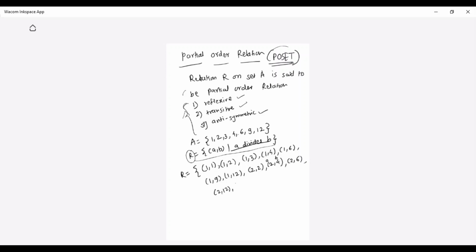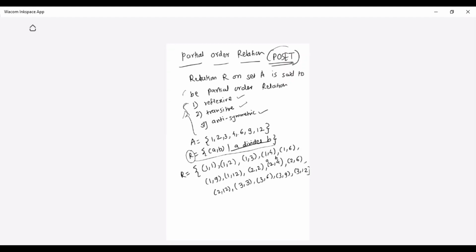Go to the next, 3. Can I have (3,1)? No. Can I have (3,2)? No. Then (3,3) I will have definitely. Can I have (3,4)? No. (3,6) I will have, (3,9) I will have, then (3,12) I will have, student, right?